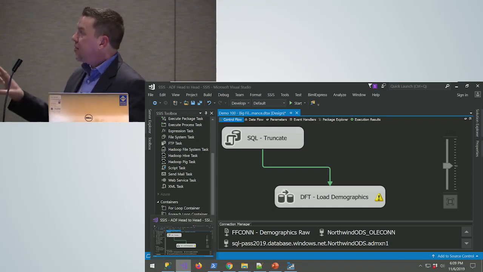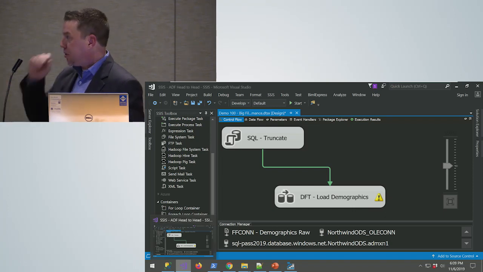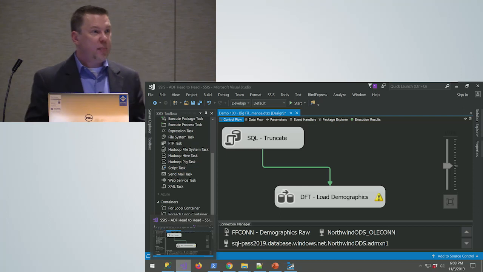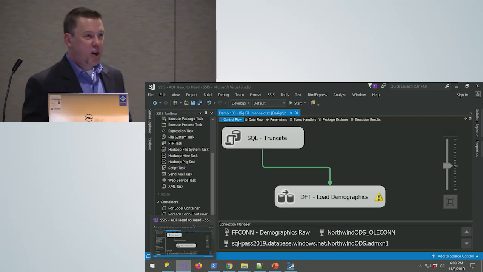What I did find was an interesting case on this big package, and I'll have these available for download afterward if you want to take those and play with them on your own. The one that loads in Integration Services, just doing a simple copy, it truncates the target table and does a load on the target table.